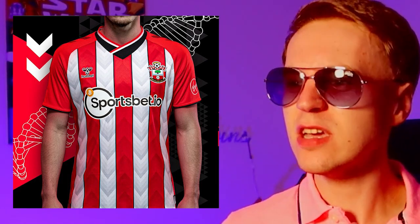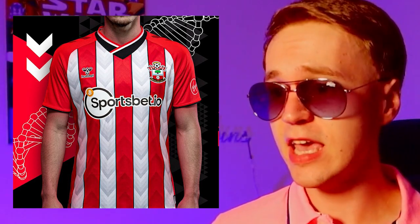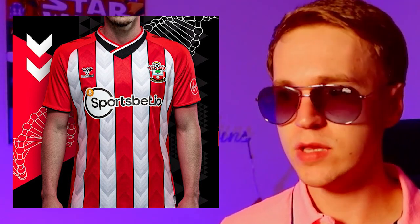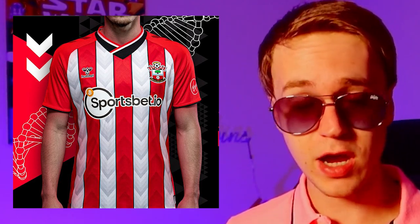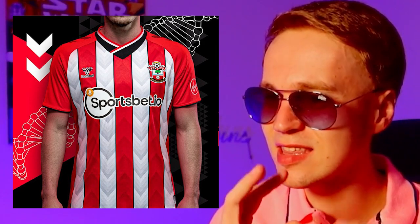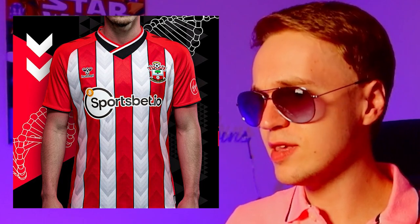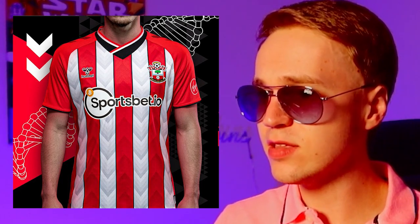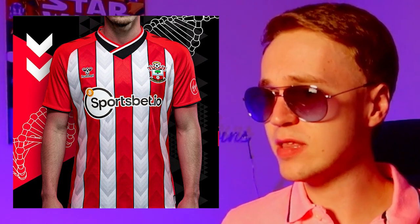This is a very interesting kit, potentially a bit controversial. I love the stripes. As I've alluded to before, I love a kit with stripes. I just think it looks very traditional. What I love about the Southampton kit is they've maintained the correct level of stripes, unlike Newcastle United from earlier. But what they've also done is they've added a slight, very slight detail into the stripes. These downward pointing arrows incorporated into the stripes on the white, and then upward pointing arrows incorporated into the red